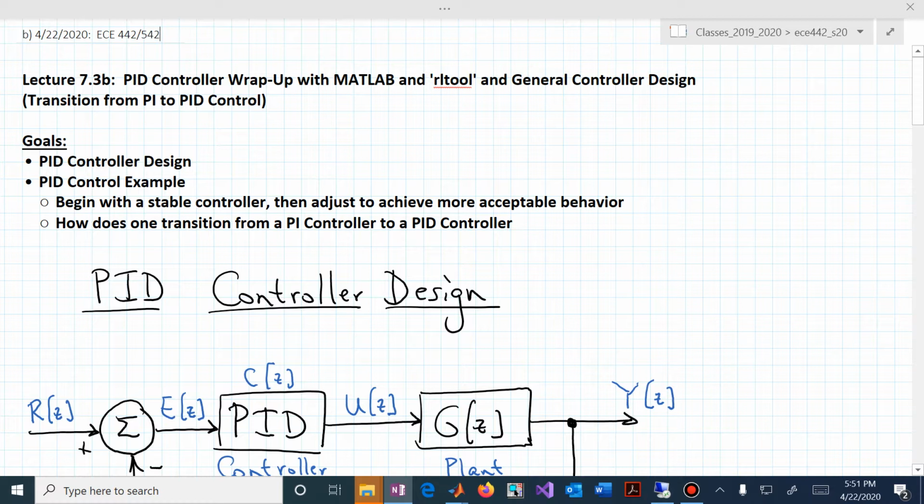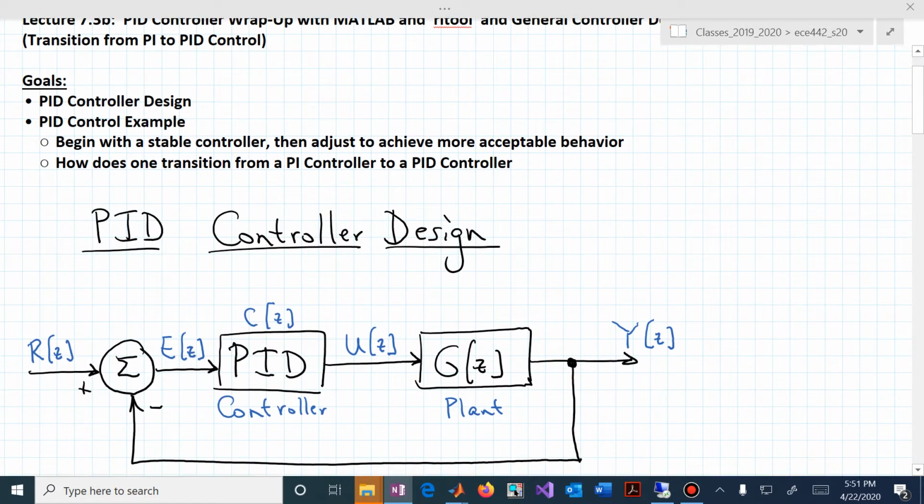This is lecture 7.3b, and we're trying to wrap up our controller design. And in this short video, we will talk about the PID controller design in general and discuss how you might transition into a full-blown PID controller design based on starting with maybe a PI controller design that stabilizes your closed loop system, and that might actually provide you with an easier starting point with which to now go into this